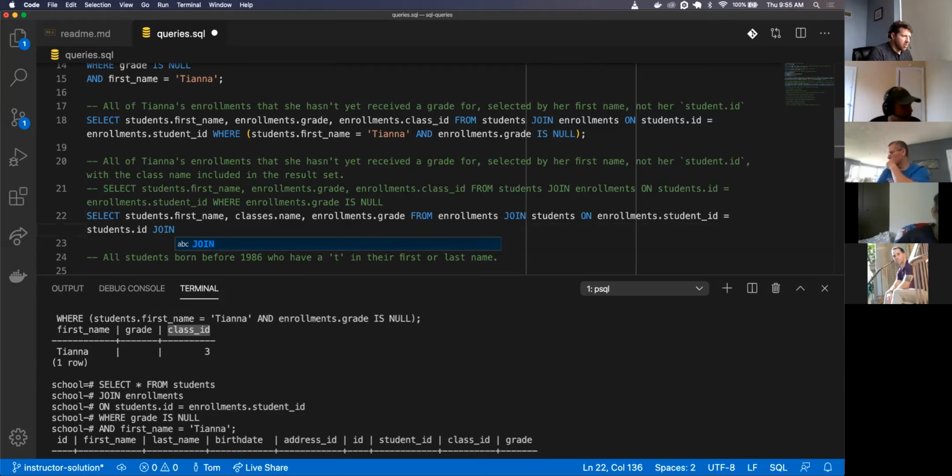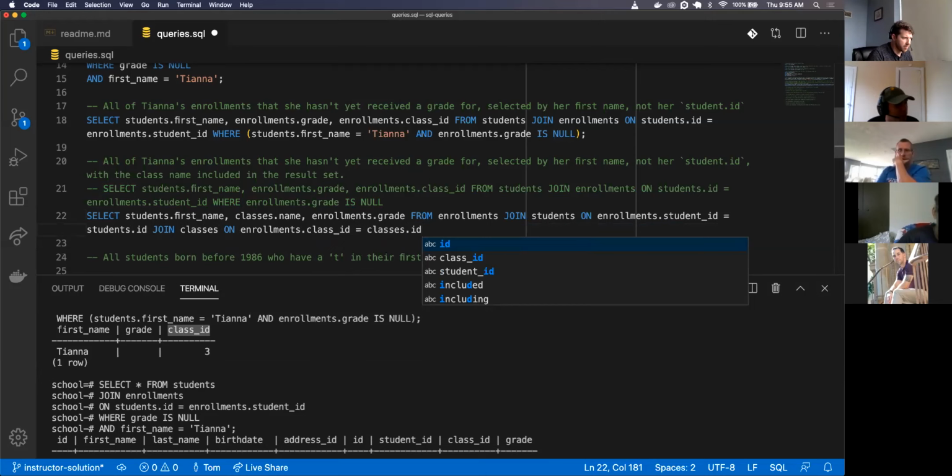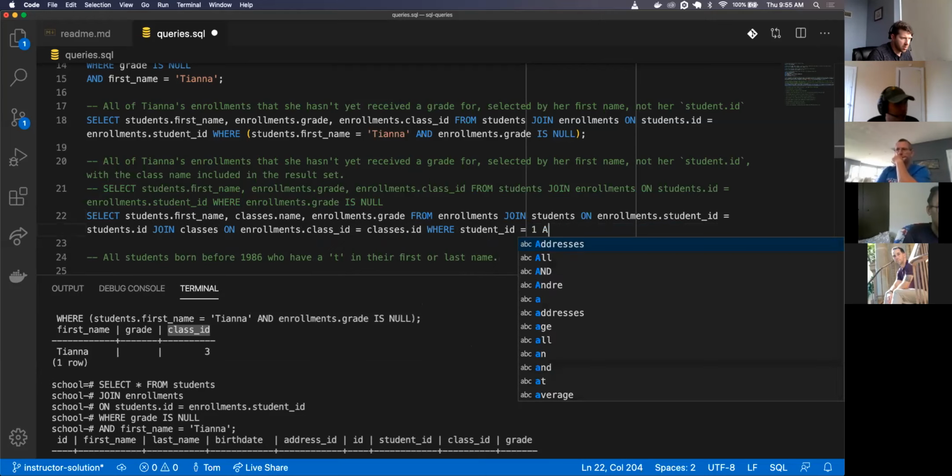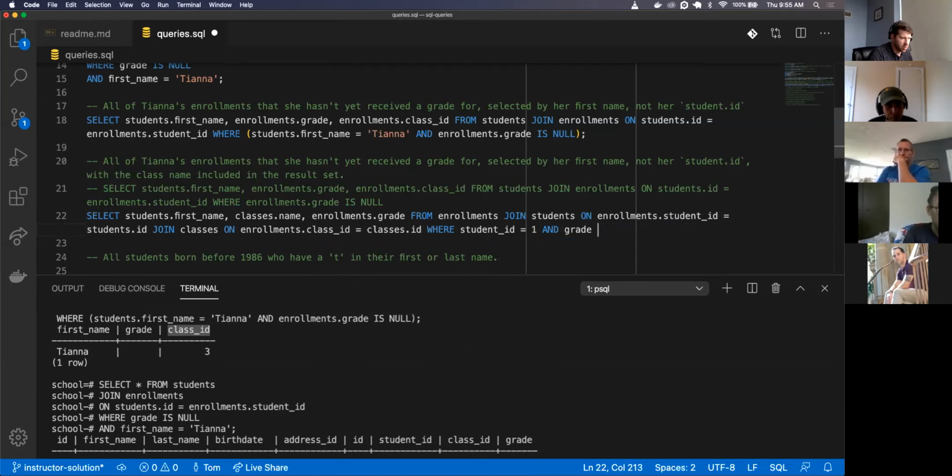And then I also had to do a second join: join classes on enrollments.class_id is equal to classes.id. Where student_id equal 1 and grade is null, semicolon.